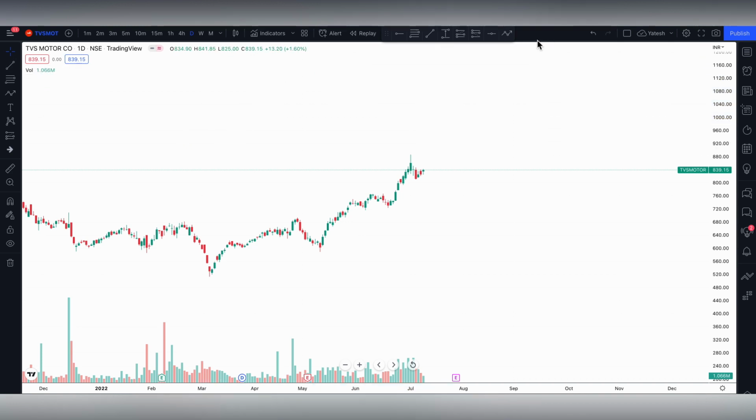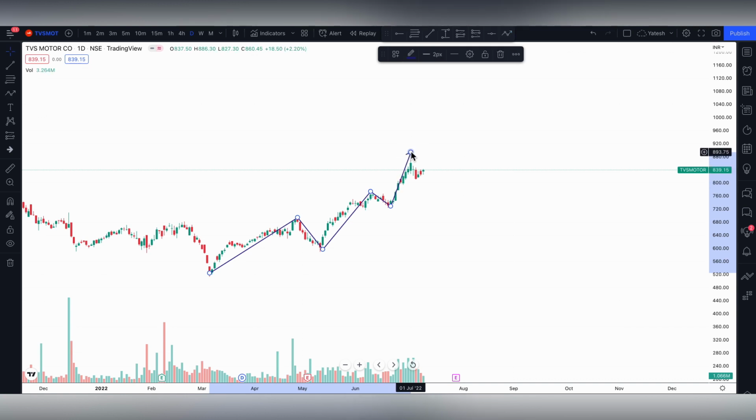So what I can observe here is TVS Motors is making a low, high, higher low, higher high, higher low and finally higher high here. This simply means that this stock's current emotion is bullish. The stock is in an uptrend. So when we switch to a lower time frame, we need to look for only buying opportunities. I will not be interested to enter the trade if I get a breakdown.